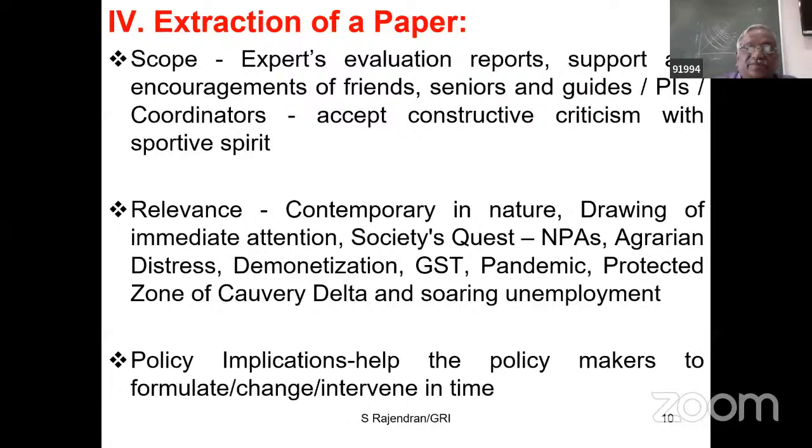As I said, there are many types of reports, many types of research output, like thesis, dissertation, monograph, then evaluation report, etc. How do you extract? I think most of the time, the moment we complete our research, either for a PG report or the MPhil dissertation or PhD thesis, we feel that everything is over. That is a kind of feeling a researcher gets in the present day. That is not true actually.